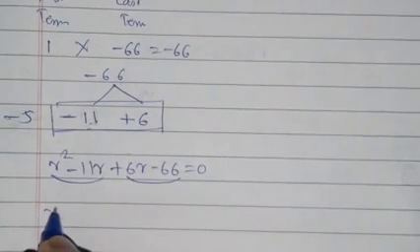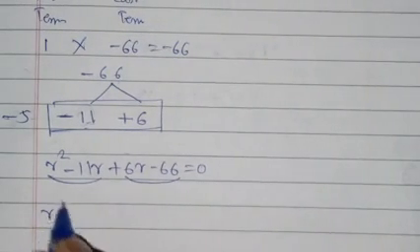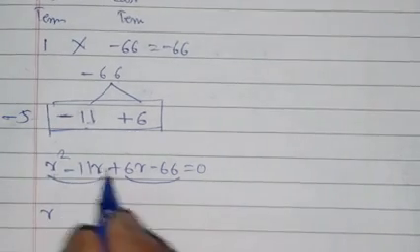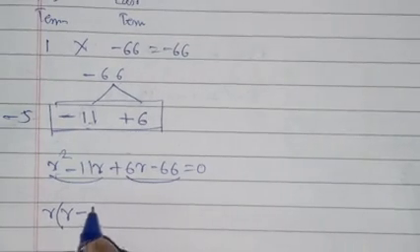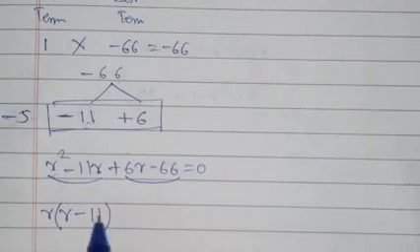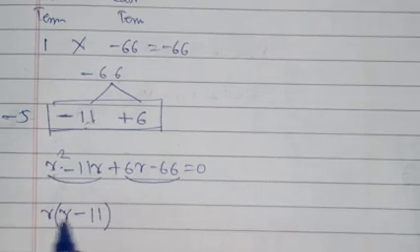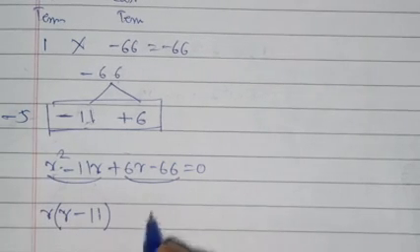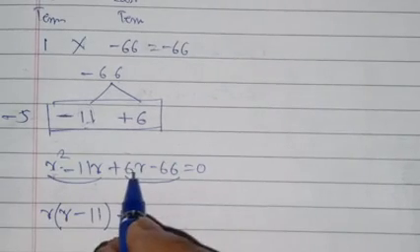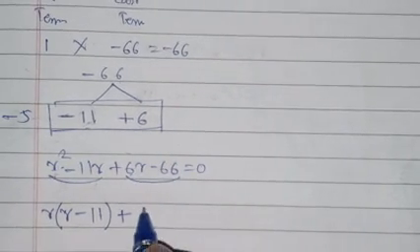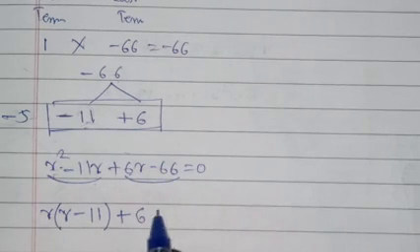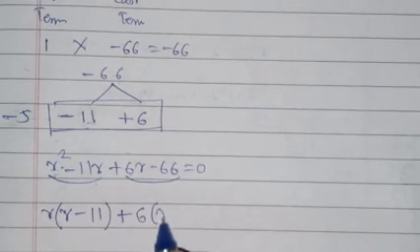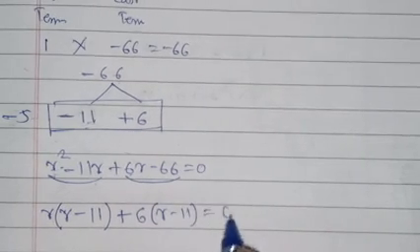Here we'll write here r is a common factor between r square and r. So r comes outside the bracket. Here inside the bracket we have r minus 11. You can just have a cross check, r into r square, r into 11 is 11r. Then we write 6 and 66, the common factor is 6, and since there is no factor for r as a common multiple, so we write here 6 into bracket r minus 11 which is equal to 0.